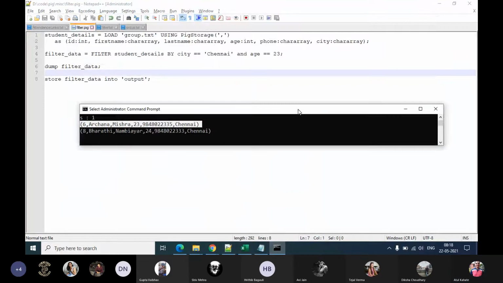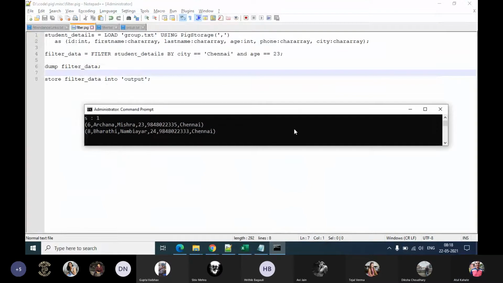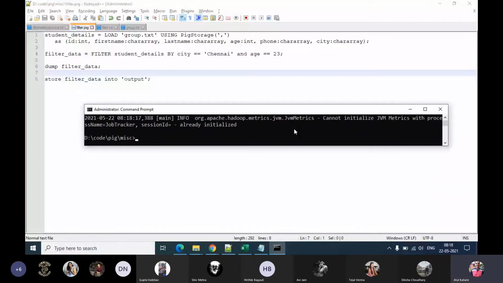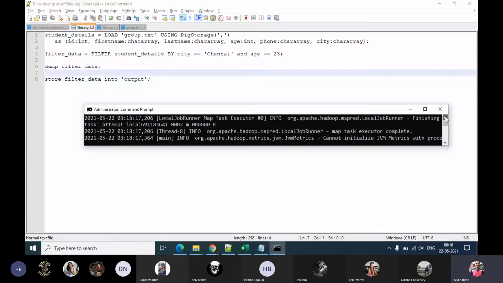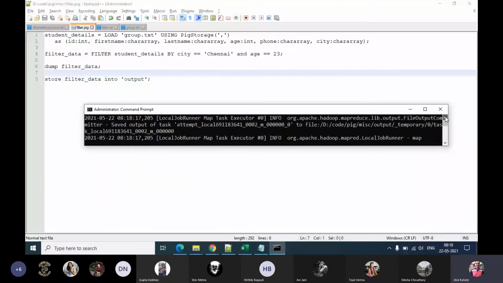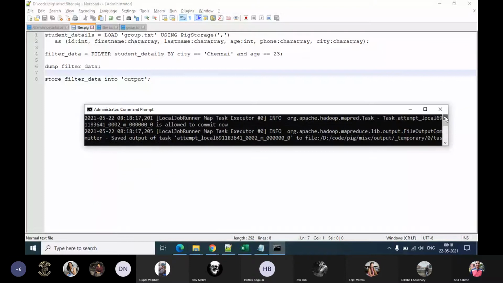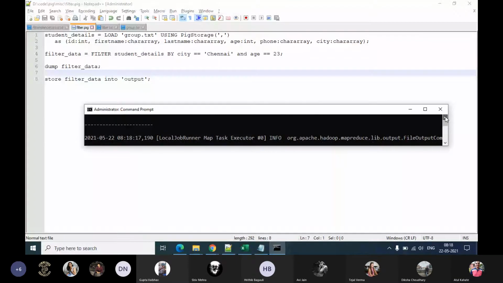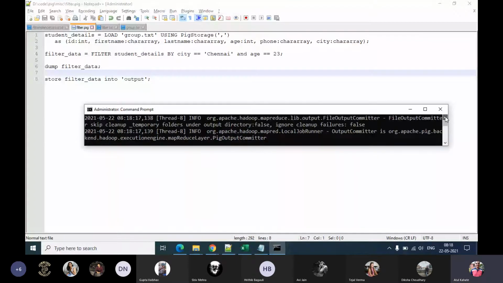Let me run the code here. Okay, I have not removed the dump statement. It will still show me one record actually for the student where city is equal to Chennai and age is equal to 23.